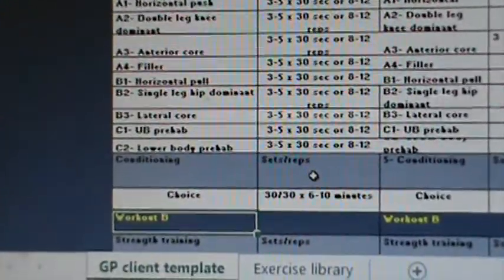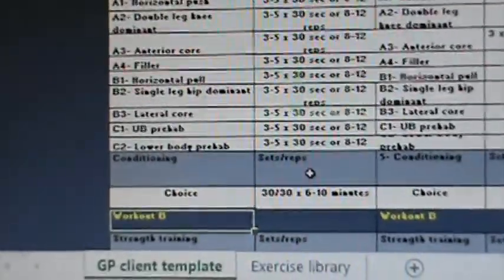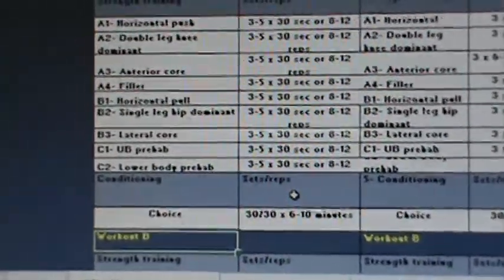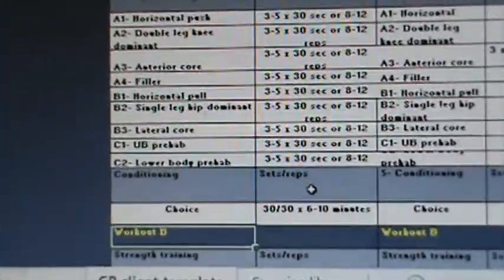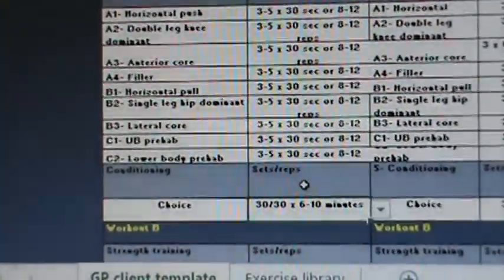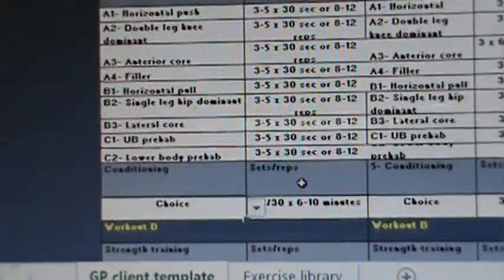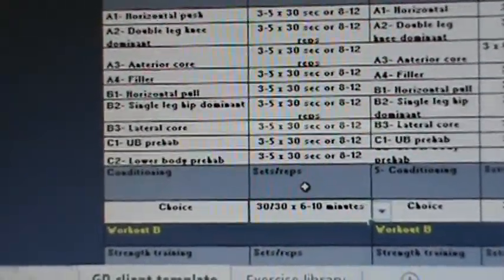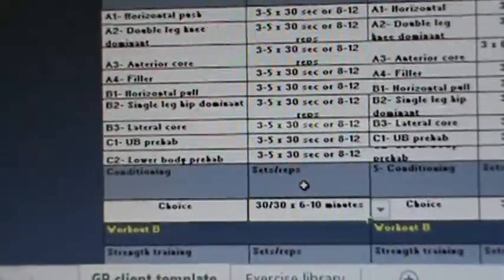Okay, and then at the bottom here we have conditioning. We always end our sessions with conditioning, and we'll do something based upon what that client's abilities are. Generally, we begin with circuits and we progress more to interval training. So in this situation, the person is doing 30 seconds of work followed by 30 seconds of rest for 6